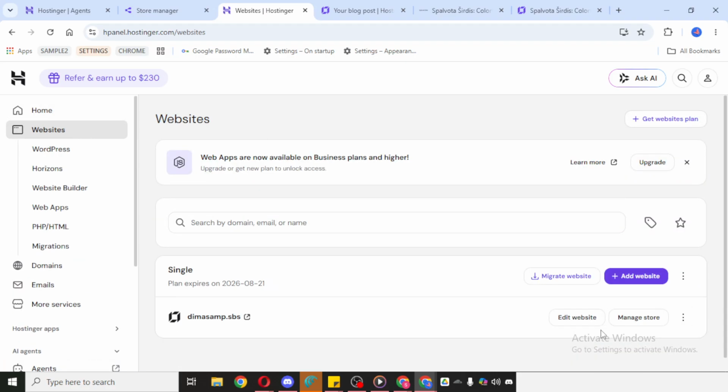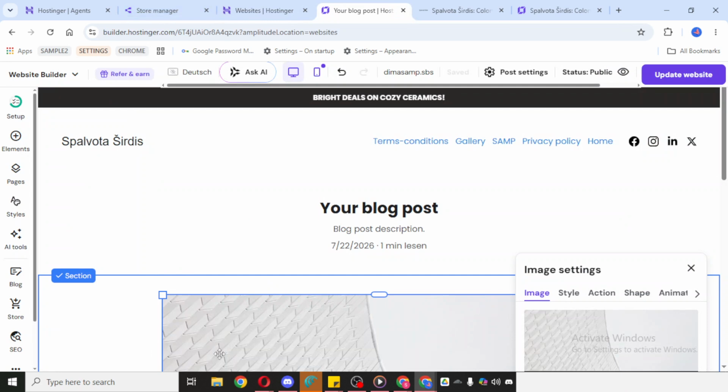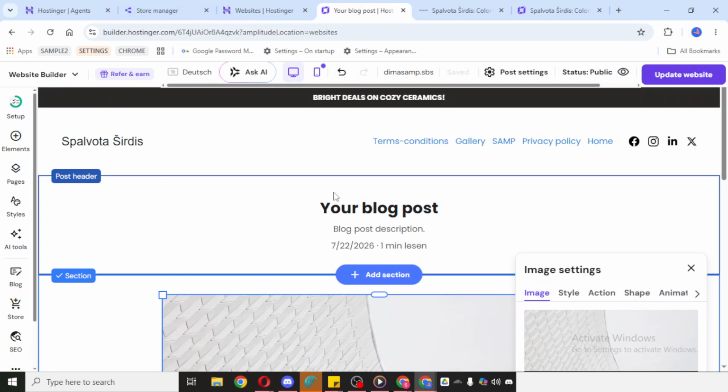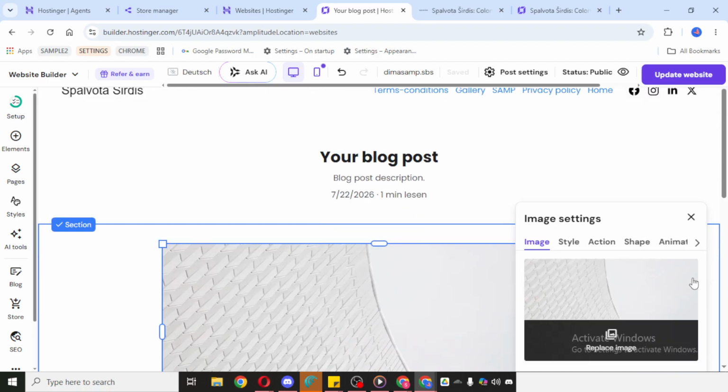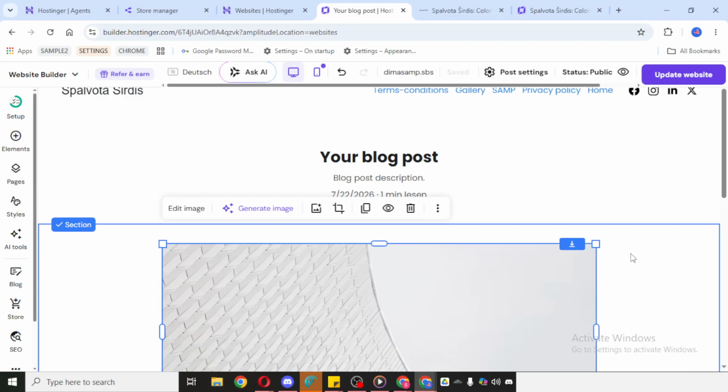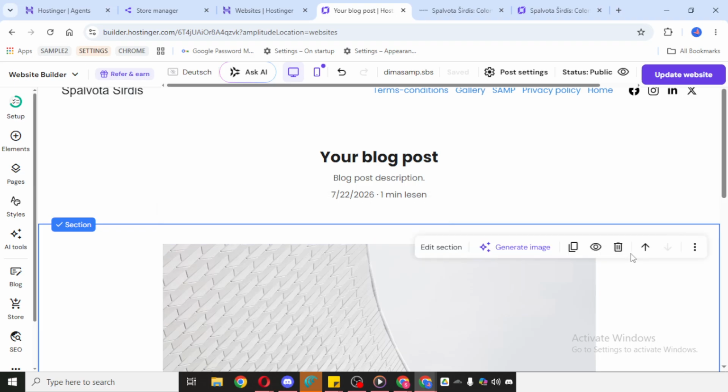If you're new to Hostinger's editor, don't worry. The layout is designed to be simple, and most of the work is done with just a few clicks. After the editor loads, go to the area of the page where you want the quotes carousel to appear. Think about where testimonials or quotes will be most effective. Many people place them on the home page, a services page, or somewhere near a call to action, since positive customer feedback can help build trust.